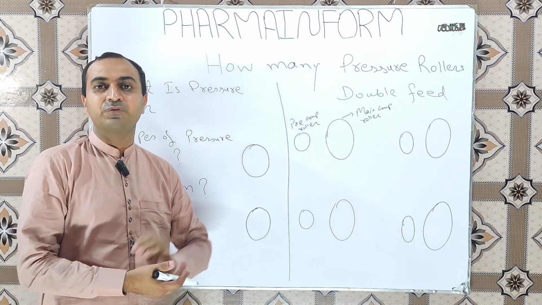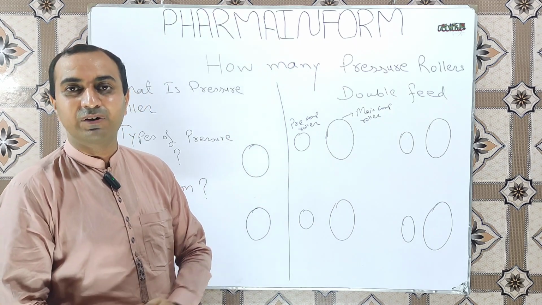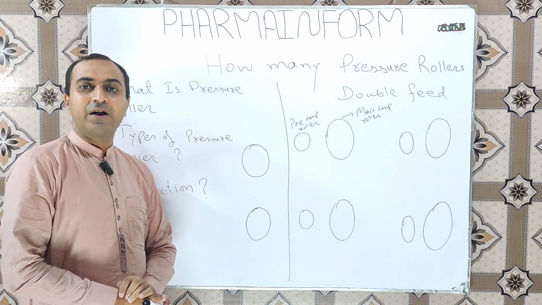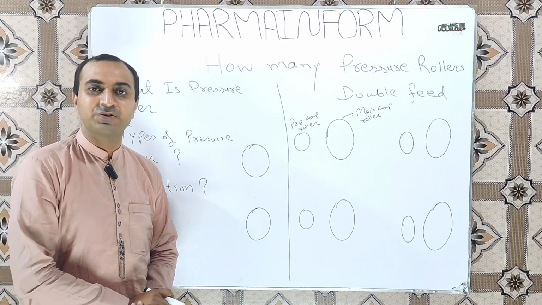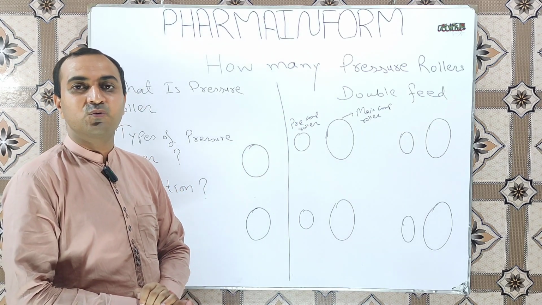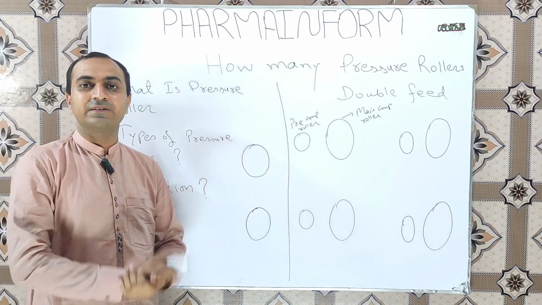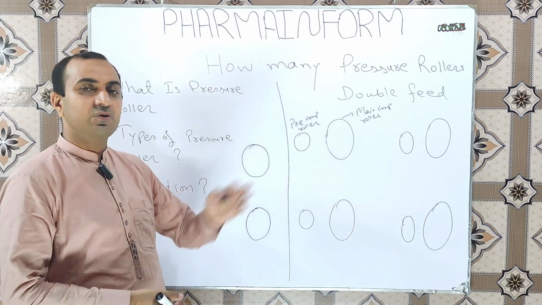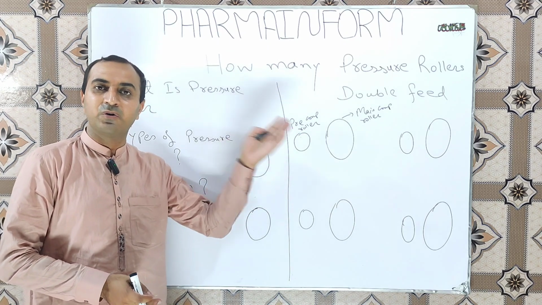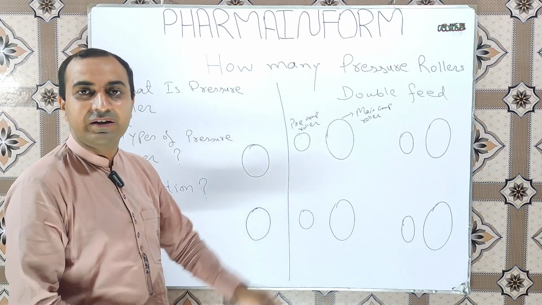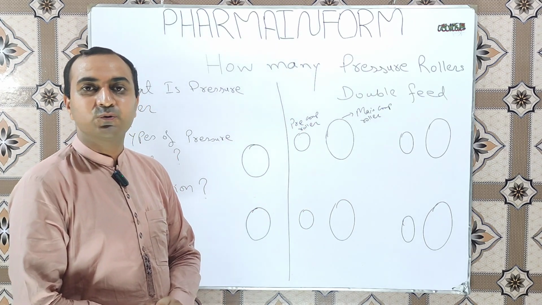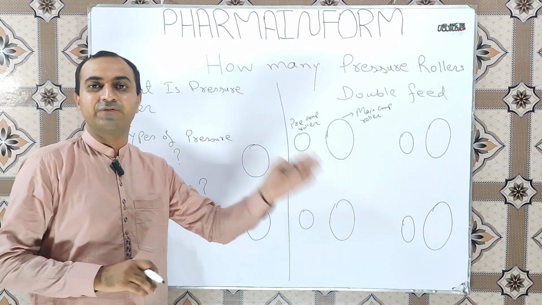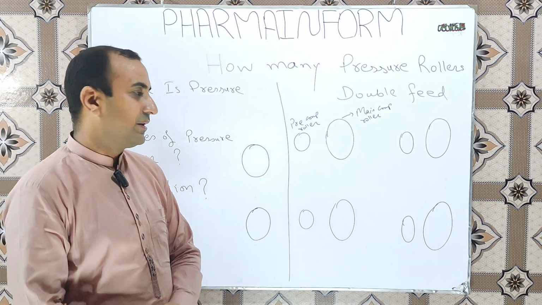So what is the function of these compression rollers? As we discussed previously, to apply the pressure, but what is the function of the pre-compression roller? Apart from applying the pressure, the main function of the pre-compression roller is to remove the entrapped air in the powders or granules before applying the main pressure. It means the pre-compression rollers just slightly press the powder or granules, and the purpose of installing pre-compression rollers is to remove the trapped air in the powders or granules to prevent the tablet defects of capping or lamination.